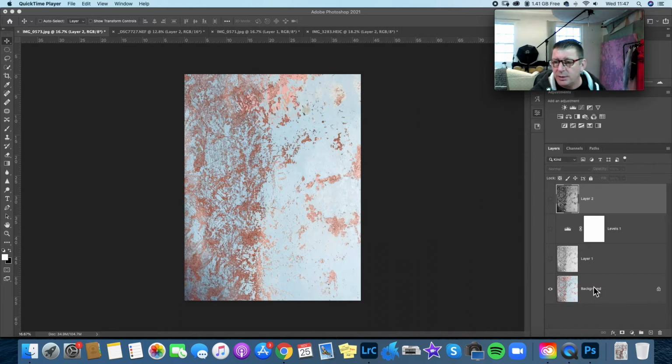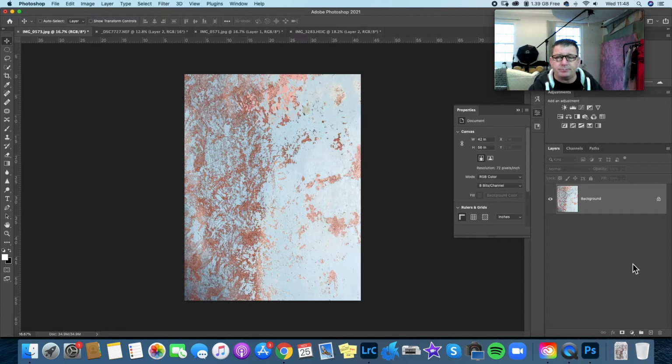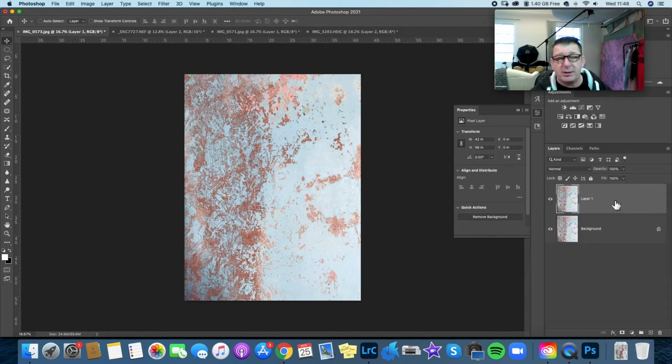So here's the original, and I'll start from scratch. Let's get rid of all of that. So here's one of the original images of the wall. We've got the background there, and I'll make a copy of that, which is Command J. I'm working on a Mac, I don't work on a PC, so I couldn't tell you what. Probably Control, but for me it's Command J. So I'll make a copy of it,